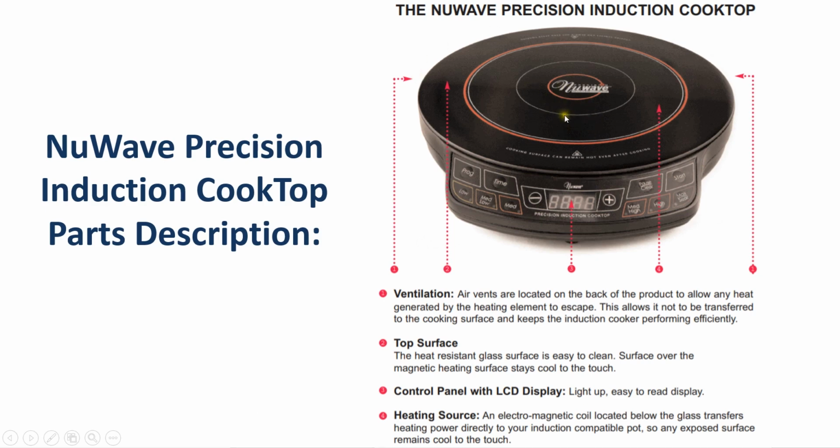There is a fan inside the induction cooktop that cools the copper coil and the electronics, and for that air, this is the air vent. And this is the top surface on which the user has to place the cooking pot, and this is the control panel. By using this panel, the user can select different options, and also the error codes are displayed on this display. And below this top surface there is a copper coil,